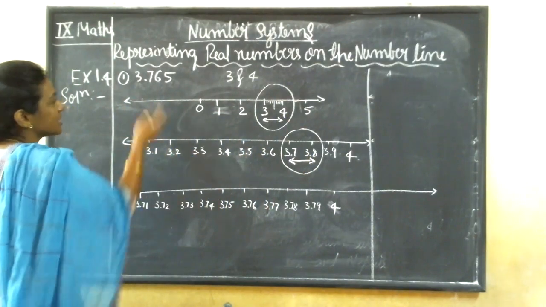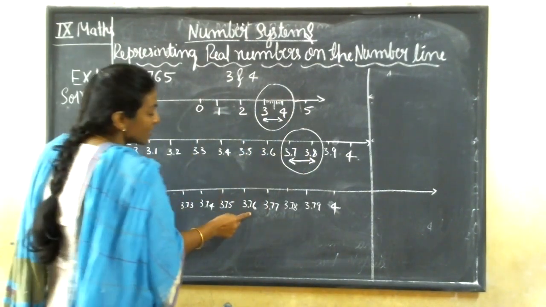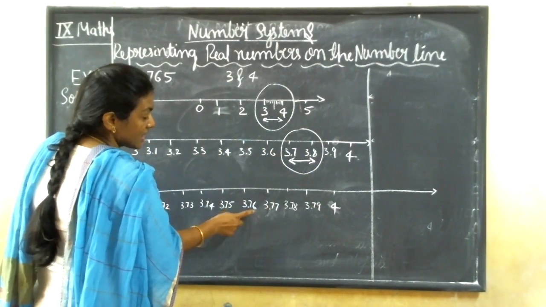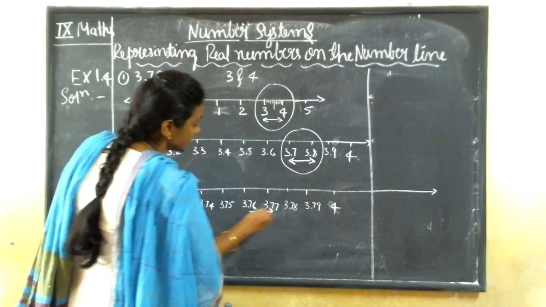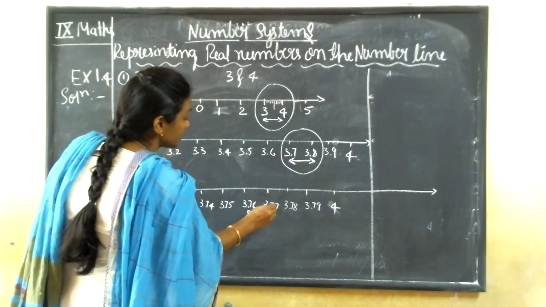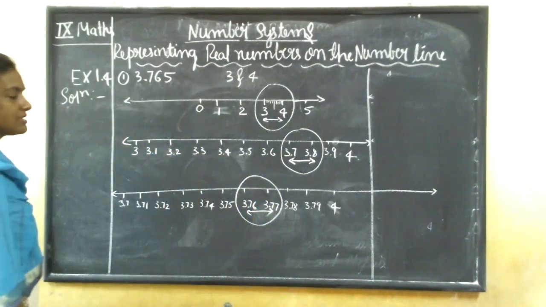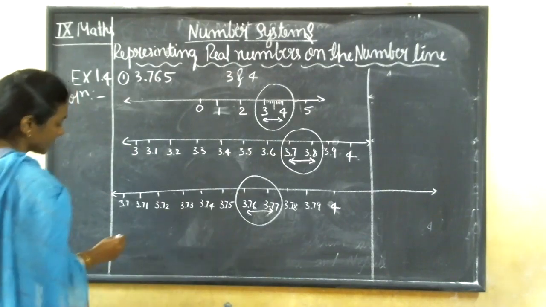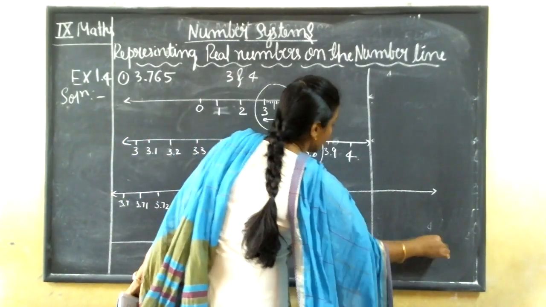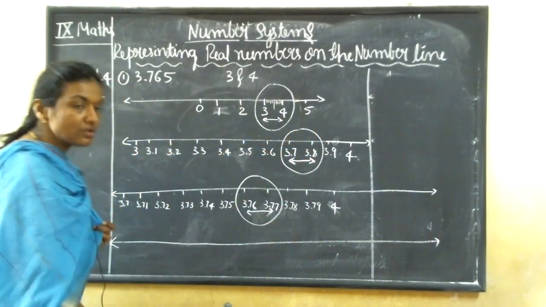Okay, next comes here. After 7, what number is here? 6 is there. So let us see where 3.76 is. Here it is. So it locates, it can represent this place, 3.76 between 3.76 and 3.77. Let us take one more, because one more digit 5 is there, no? 5 also you have to show it, right?